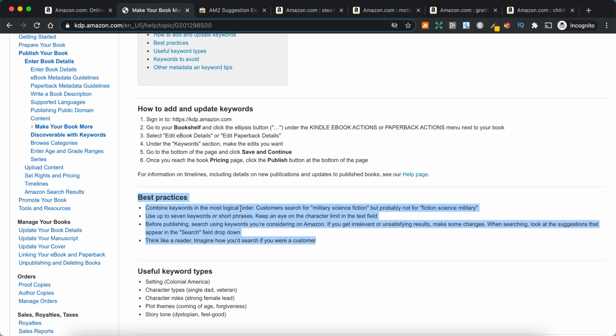Literally, Amazon tells you to combine keywords in the most logical order. Okay, that's what they tell you, and that doesn't mean they won't index random words put together, but it does mean something like military science fiction will rank better than fiction science military. So there is, excuse me, a preference given to something that's being searched actively in this format. Okay, and they encourage you to use all 7 keywords or phrases,